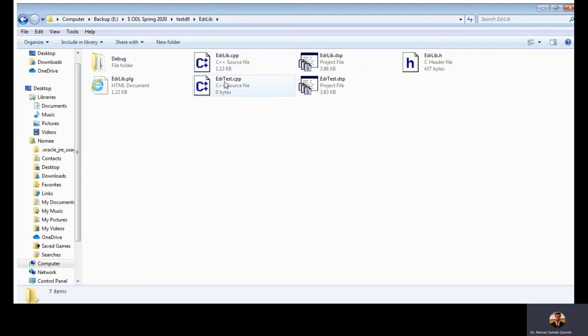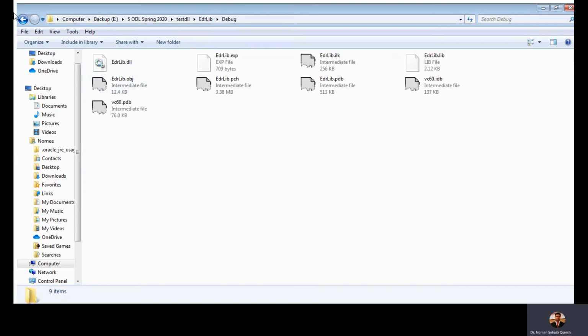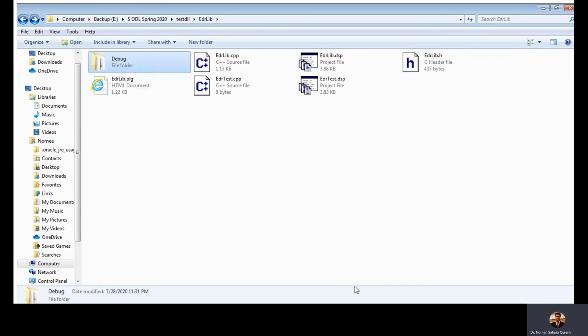Now the edrtest.cpp, edrlib.cpp, and edrlib.h are in the same directory. This tweak is written in the book as well, in which we don't have to explicitly copy the project files. As well as now the exe file will be created in this debug folder as well, where we have already saved the edrlib.dll by default.